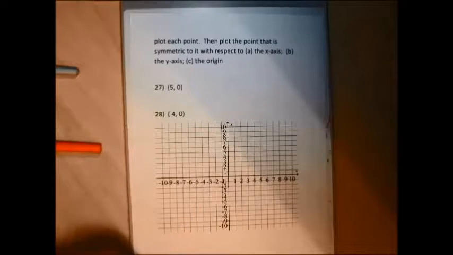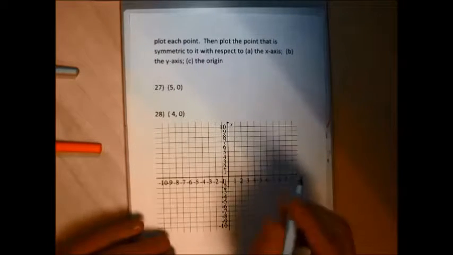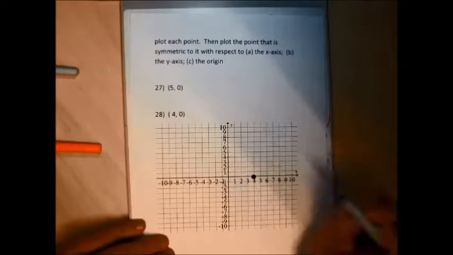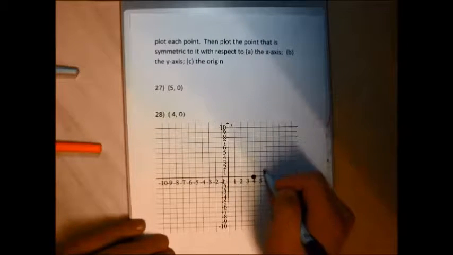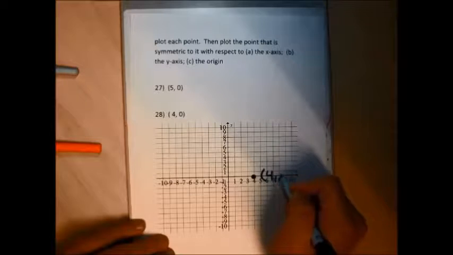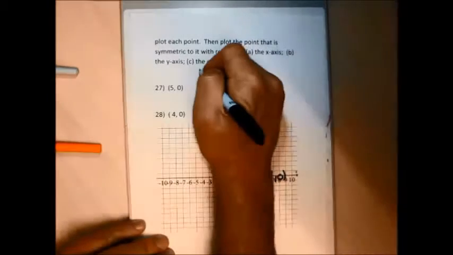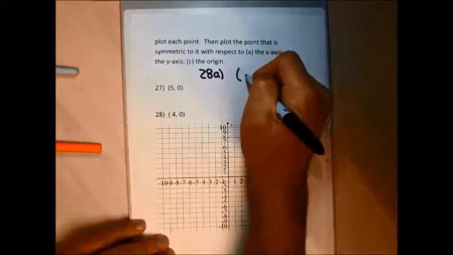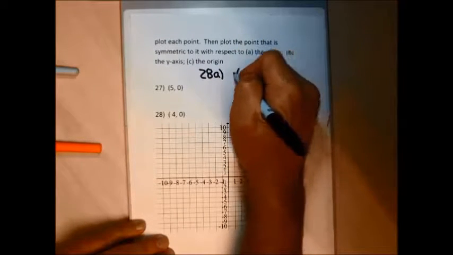Problem 28 is a little bit trickier because the point's sitting right on an axis. So for the initial part of 28, I'm going to plot the point, and it's (4, 0). For 28a,